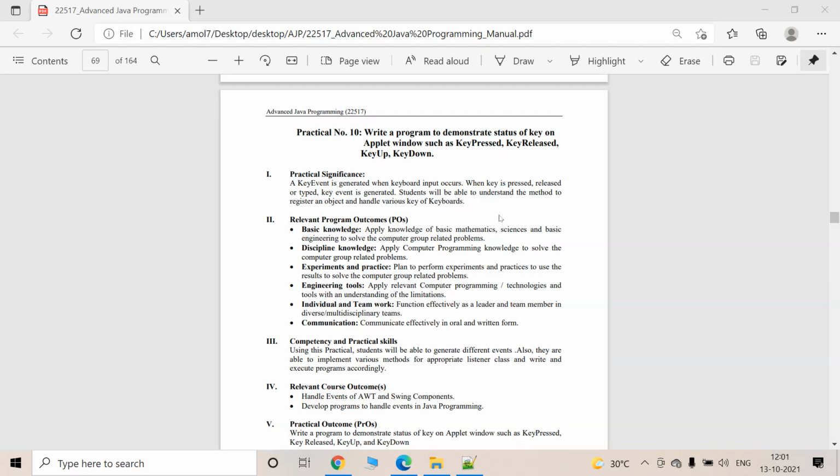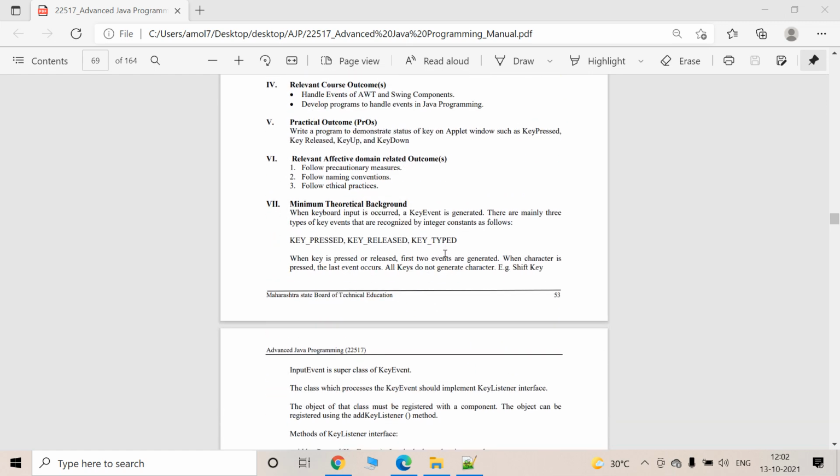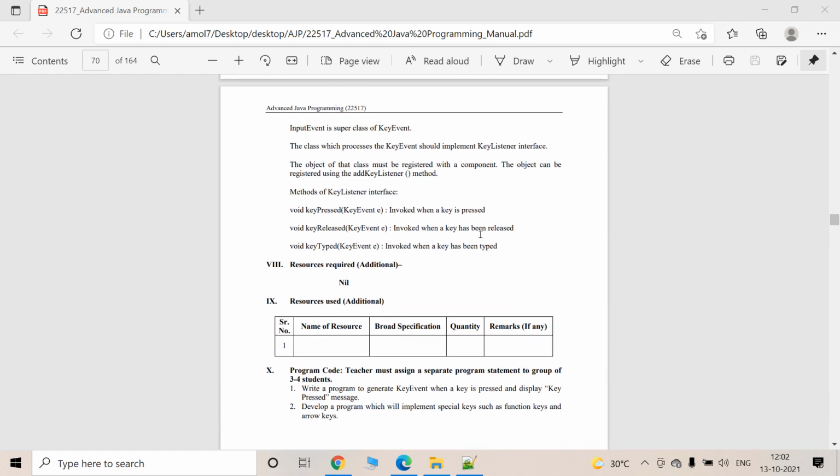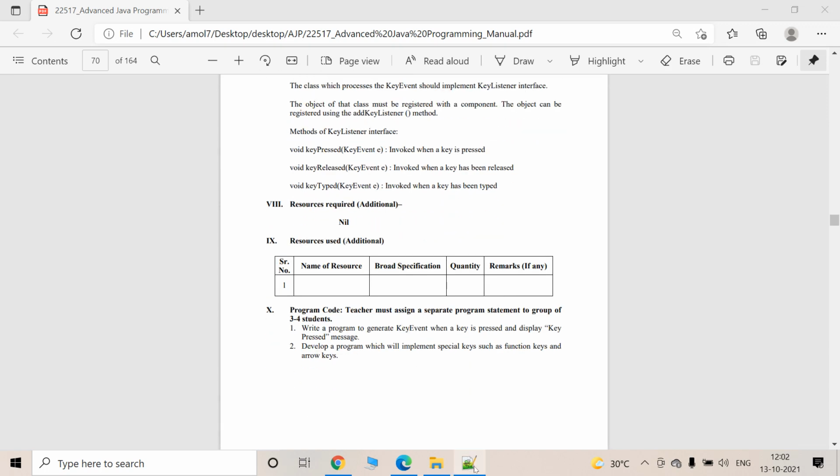Hello students, today we will see our practical number 10, that is, write a program to demonstrate status of a key on applet window such as a key press, key release, key up, key down. Means here we have to write one applet that will show which key we have pressed or which key we have released, etc. So this is an event handling program. So directly we will start